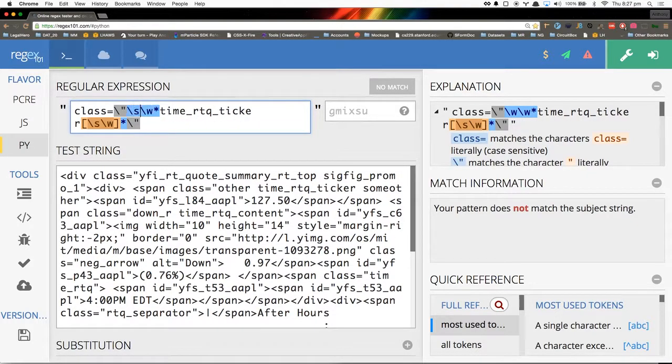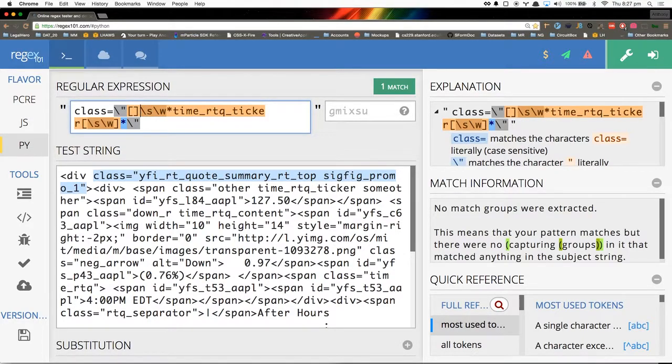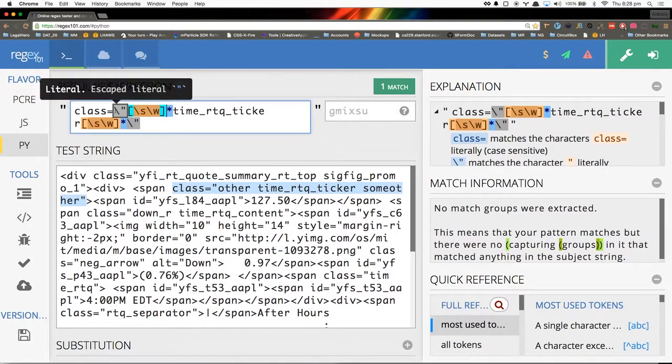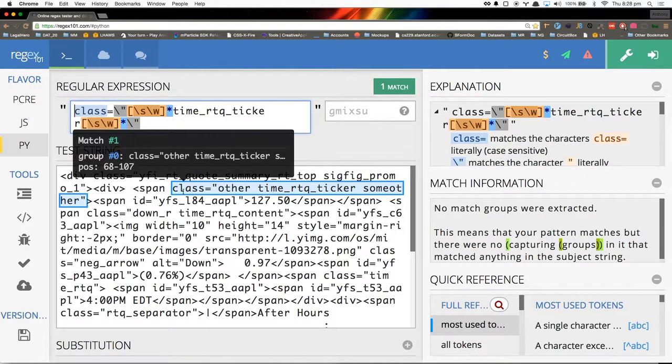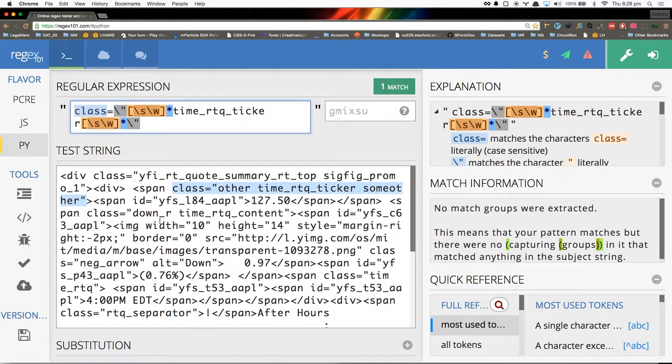And now that I think of it, I'm not 100% convinced that this is possible with entirely regular expressions, but I've gotten pretty close. So I've matched class. It starts from left to right, so you can imagine I'm scanning left to right.